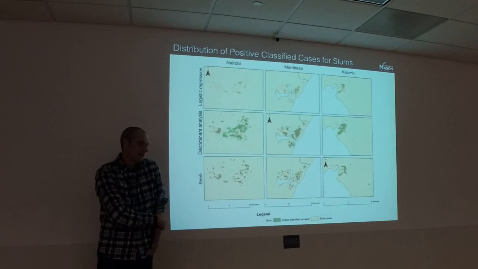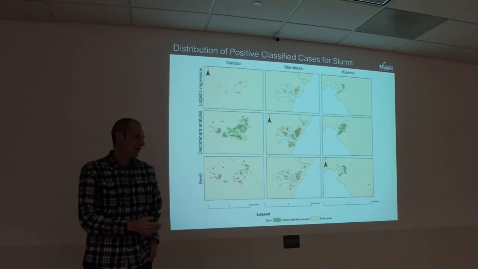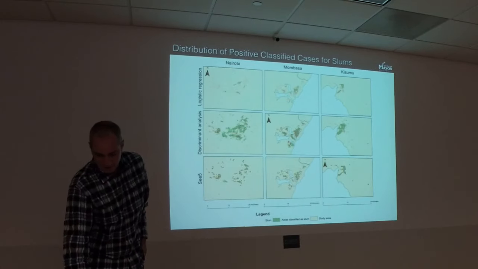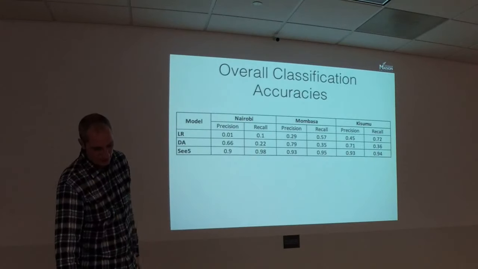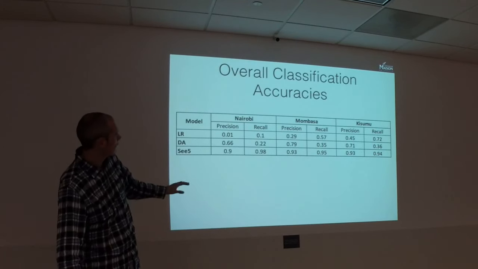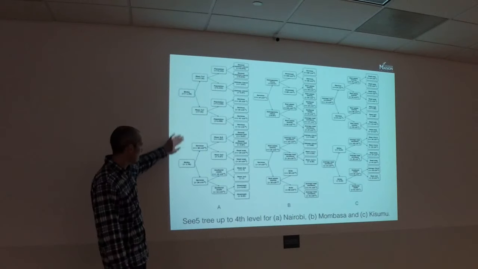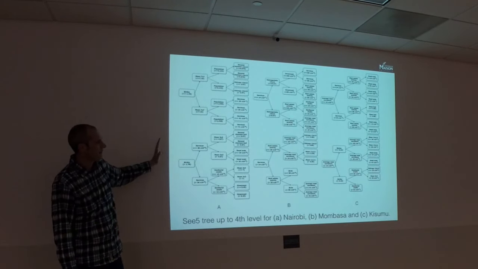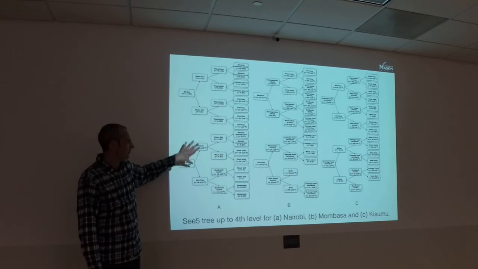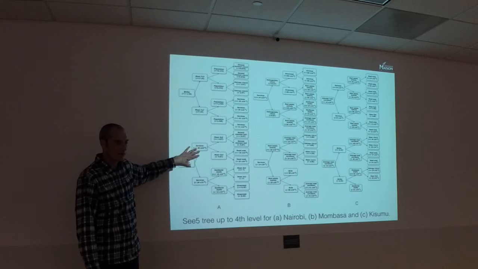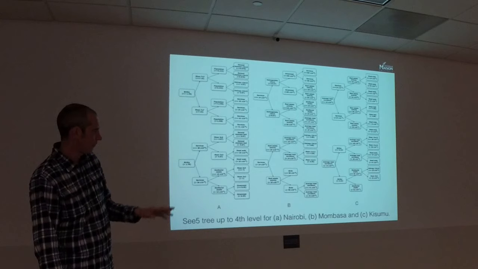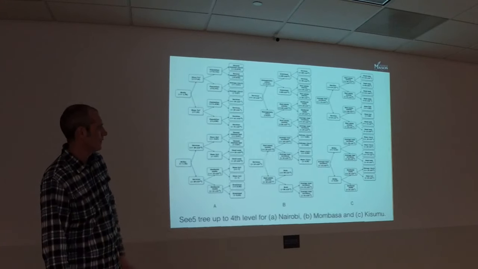And the same with remote sensing imagery. The coarse resolution we have now, fine scale, we just don't have. So we can classify slums. Basically, the C5 always does better. If we also look at the decision trees, which you can't really see, the idea is we get some indicators of what's important in each city, right? We can then use the same trees and apply them to different cities, and the C5 tree does work better. This paper is published, so if anyone really wants to know more, they can get into this.